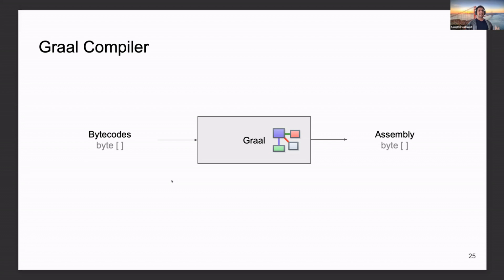It processes them and generates the assembly. Again, assembly is a sequence of instructions, ones and zeros. They are also bytes. So it takes an array of bytes and generates an array of bytes. And while doing this, it will use some intermediate graph representation. I think it's pretty common for the compilers to convert the programs into the graph-based representation